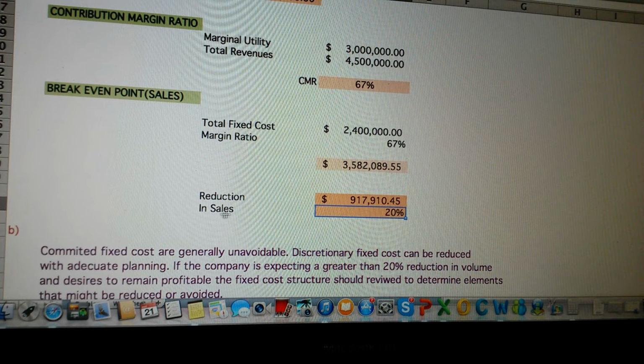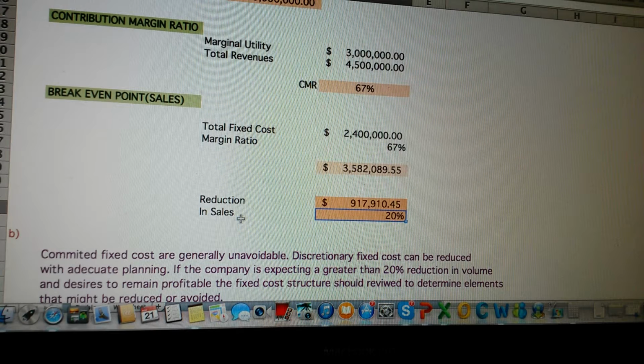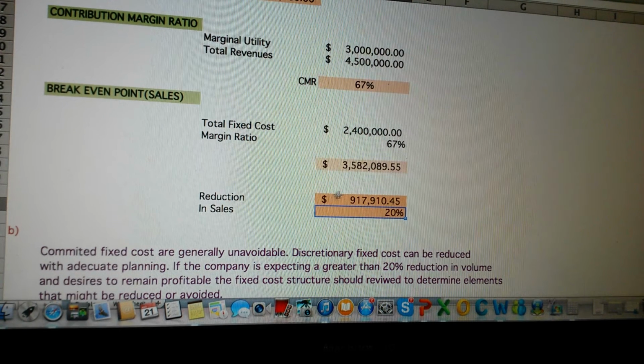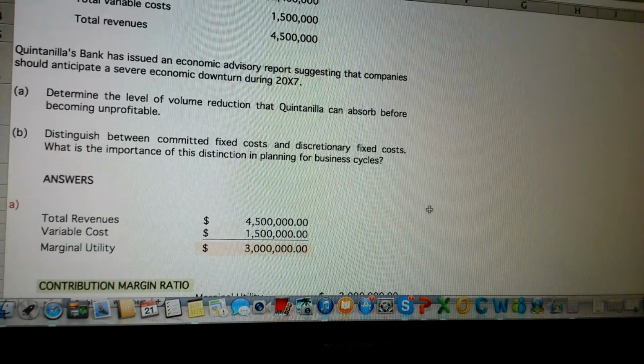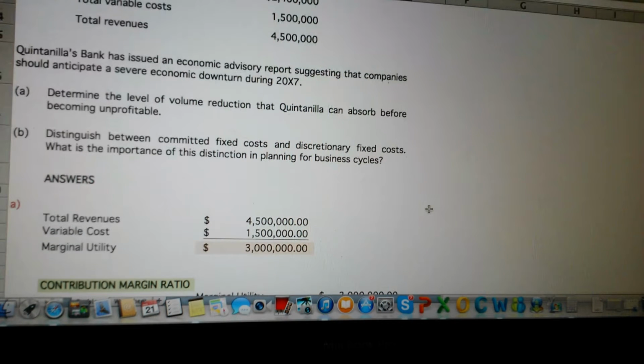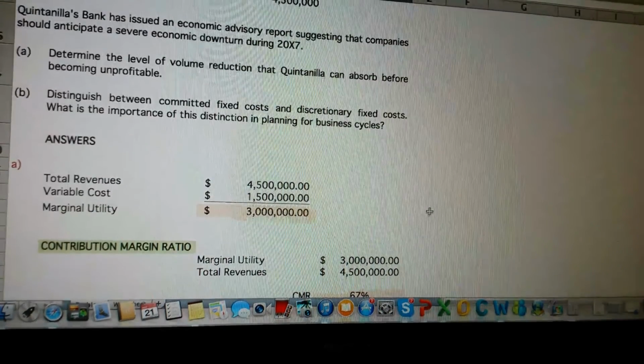the next problem says to distinguish between committed fixed costs and discretionary fixed costs, and they're asking what is the importance of the distinction in the planning of business cycles. So, committed fixed costs are generally unavoidable, and